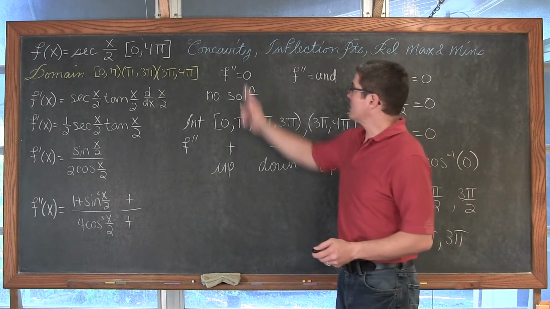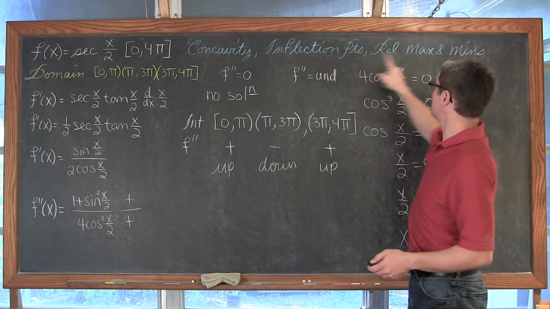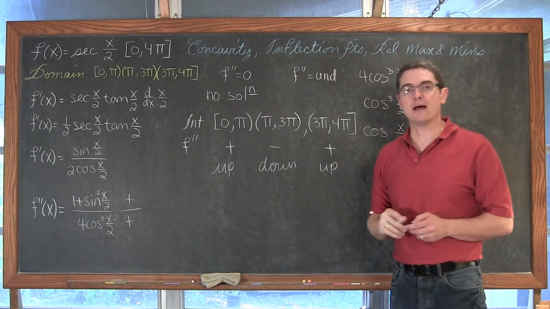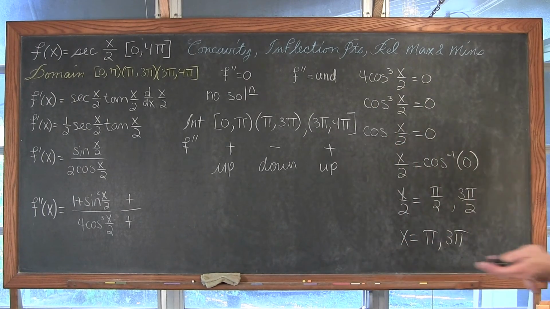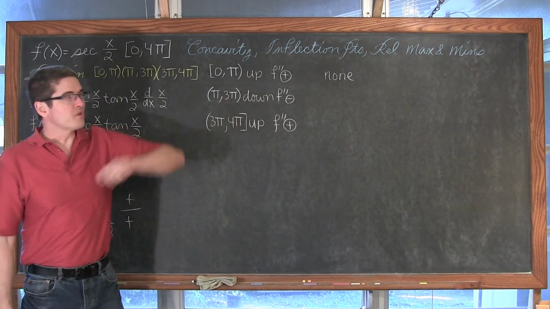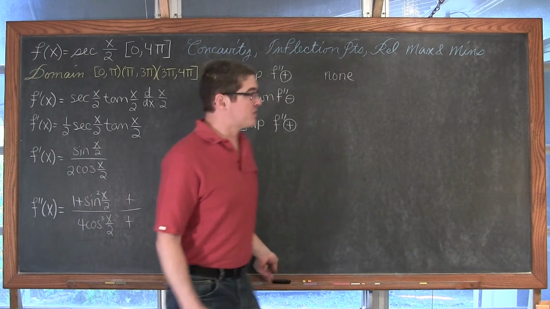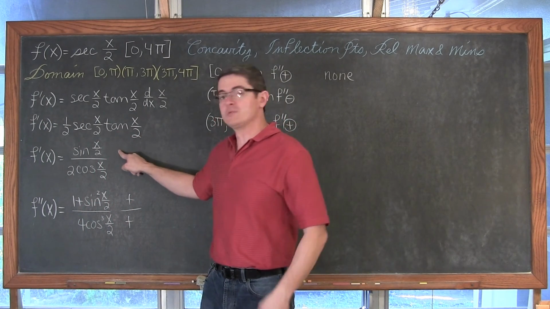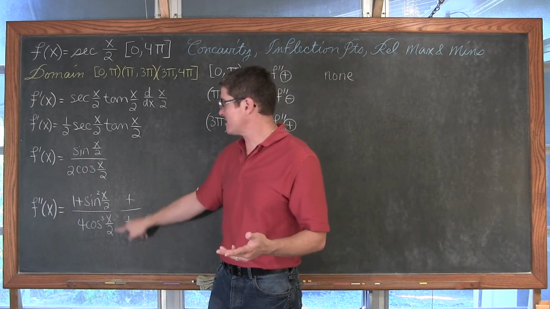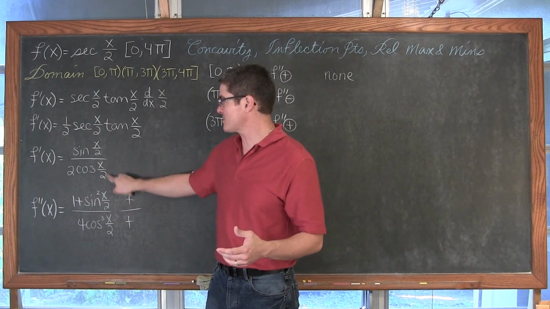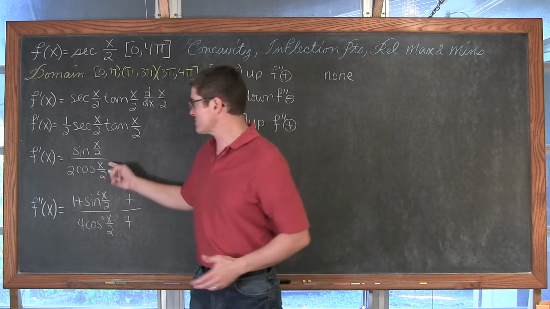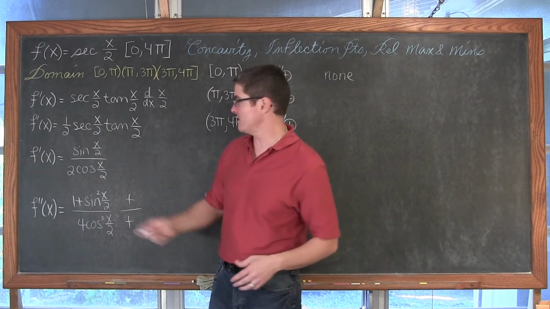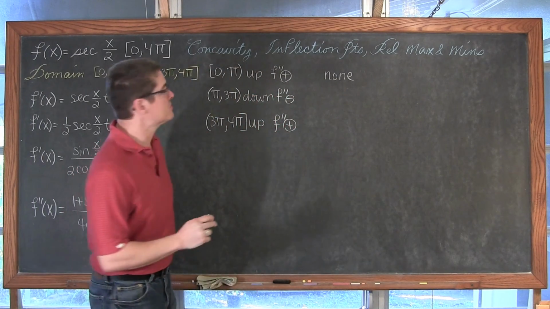So we have our concavity, we don't have any inflection points, but I need some room to find those relative max and mins. For those relative max and mins, we're going to be looking for where the first derivative is equal to 0. I'm not going to check for where it's undefined because I keep having that same denominator of cosine of a half angle, so I know the function is going to be undefined there, no relative max or min. So where's that first derivative equal to 0?